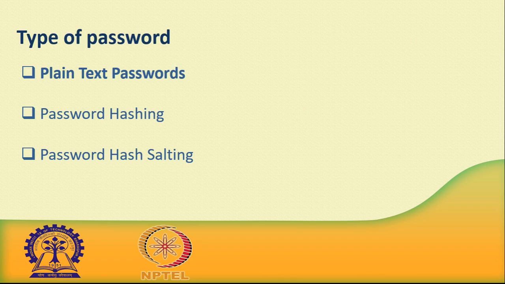As the internet evolved and grew, malicious hackers started gaining unauthorized access to systems. Once they were in, they would immediately download the plaintext password database and have instant access to all user passwords. Developers and system administrators needed to come up with a solution to this problem, and the solution they came up with was password hashing. So now we will discuss password hashing.